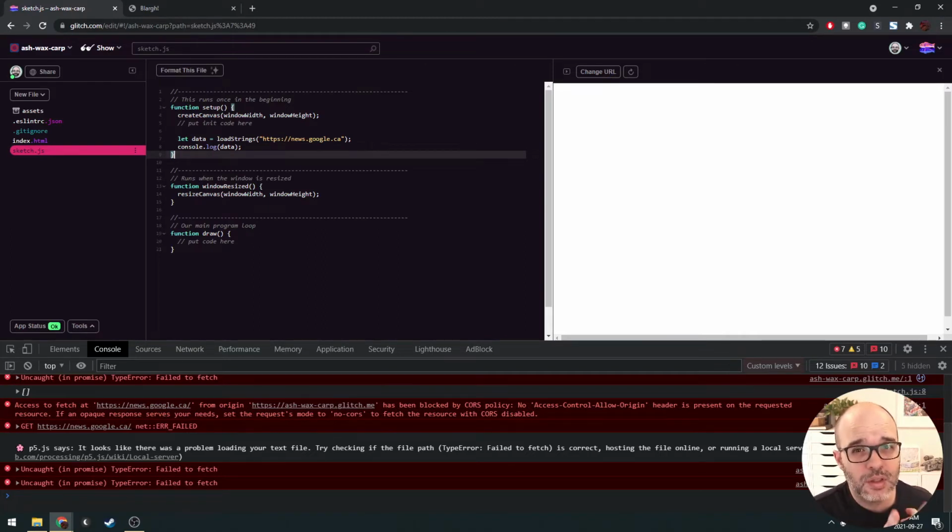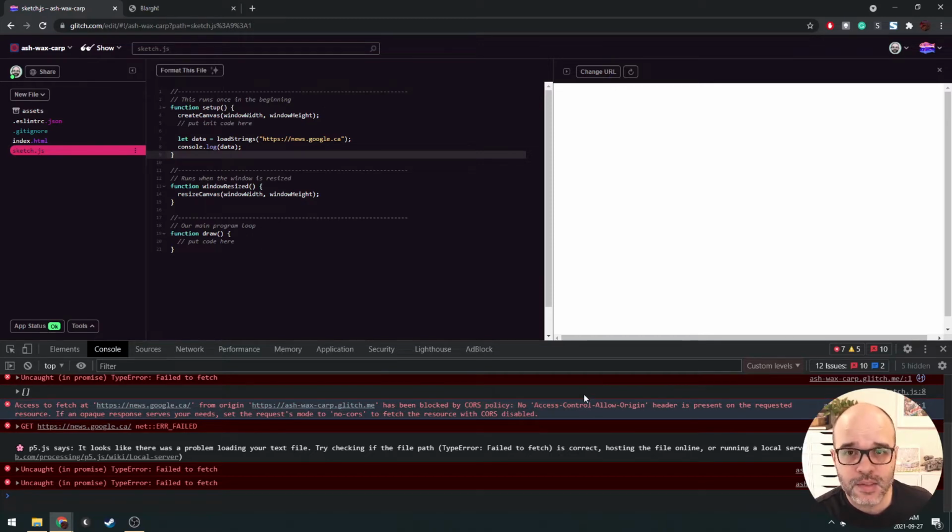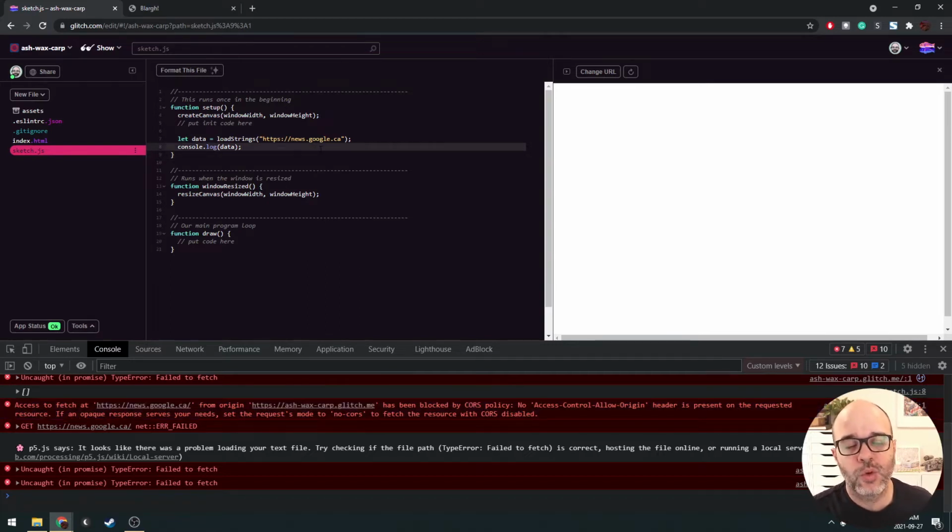For example, we did run into that problem last week when we tried to open a CSV file from the Google spreadsheet server. That's because on their end, they didn't set any cross-access policies, so we were able to open that file even though we were running from the browser as a client. But in most cases, you won't be able to open URLs directly, you won't be able to download resources directly, and as a result, we won't be able to access web APIs directly from the browser, from the client side